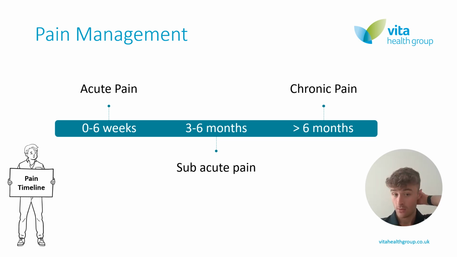And it is worth noting that your pain doesn't just get worse and worse and worse as you go from acute, subacute to chronic pain. Okay, sometimes it can actually get better. Obviously, if it's an acute accident, your pain may last for 6 months, but it should get better with each step along the way. Or obviously it could get worse, but it's very unlikely to get worse beyond that chronic pain period. But we just thought we'd put that in to summarize, and these are some of the terms that we may use with patients in clinic, and it's really good for you to have that understanding around acute, subacute, and then chronic pain as well.